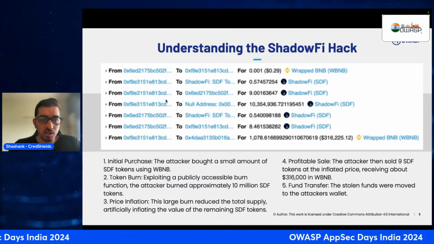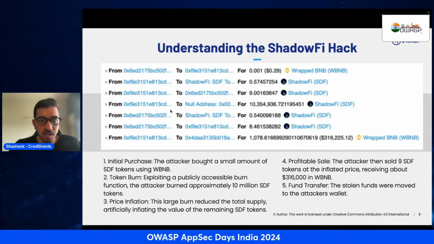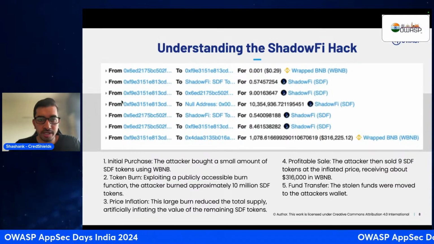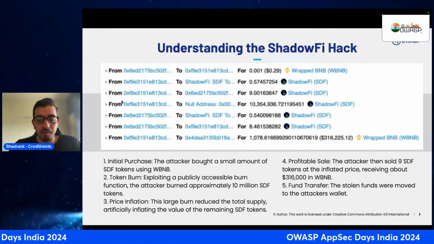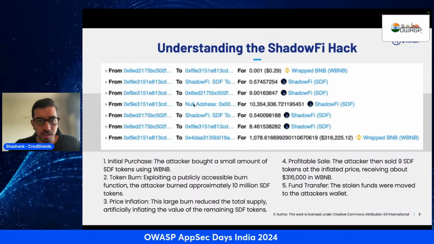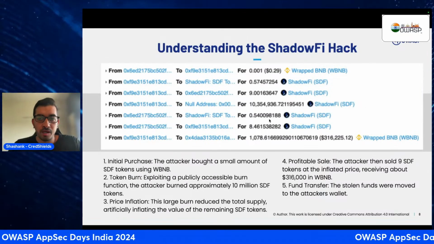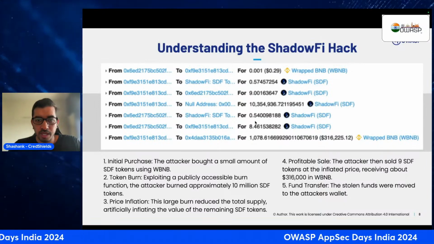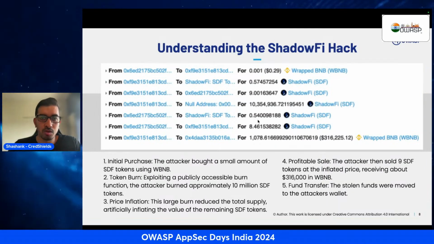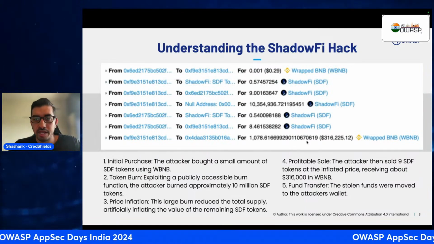So the attacker actually managed to send 10 million ShadowFi tokens to a dead address, burning the majority of the total supply. And we'll come to this. This is where the vulnerability was, which was exploited. And if you notice, the malicious hacker sold 9 ShadowFi tokens at a very high value of